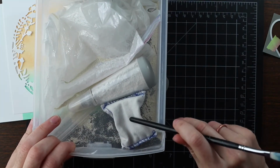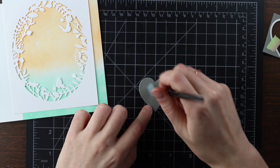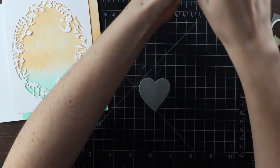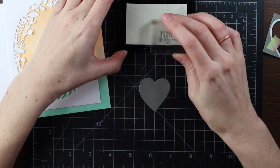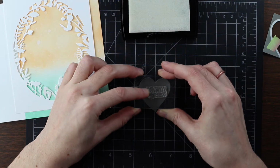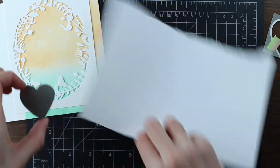And here I just want to show you real quick my little anti-static powder drawer. I have my pouch, I have my little brush, and then a plastic bag that's full of cornstarch. So normally I like to use the pouch. I don't like using the brush because I don't like the coverage it gets. It was the first one I got and I didn't really like it, but I just have it in there. So I usually use the pouch, but I put it in the same drawer with the cornstarch bag, and then